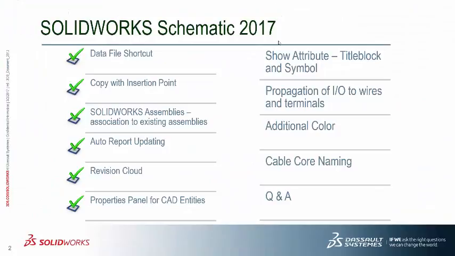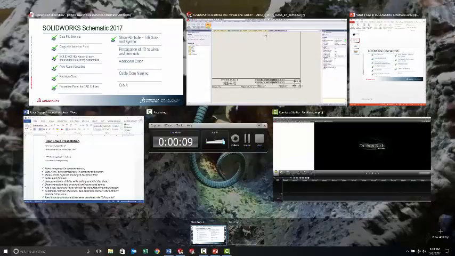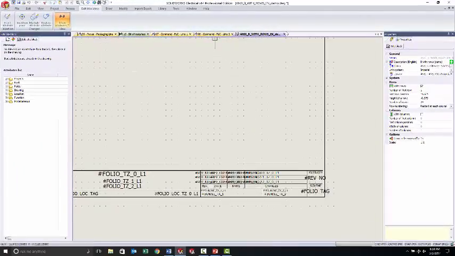All right, so that's where I was trying to get with this show attributes on the title block and these symbols. Okay, next is one of my favorites, the propagation of I/O to the wires and terminals. Now, this one is definitely where a lot of people have asked for this, and it took a little while to get, but this one is actually fairly